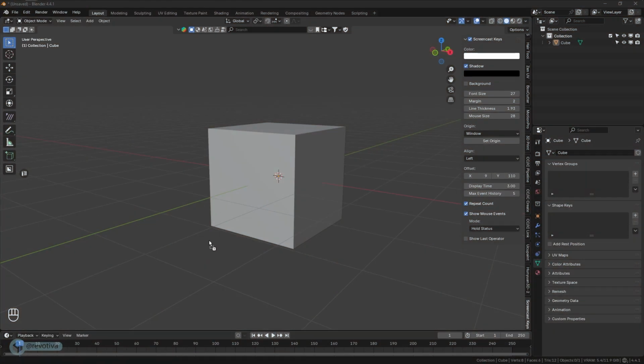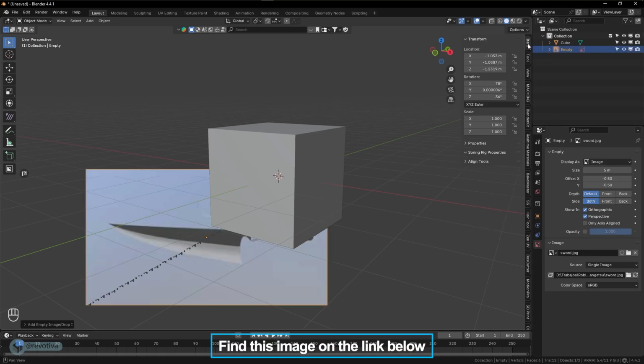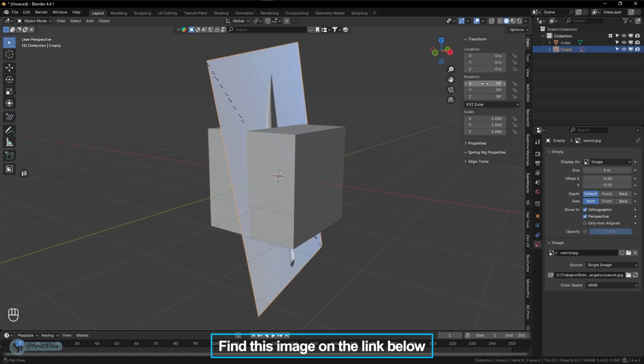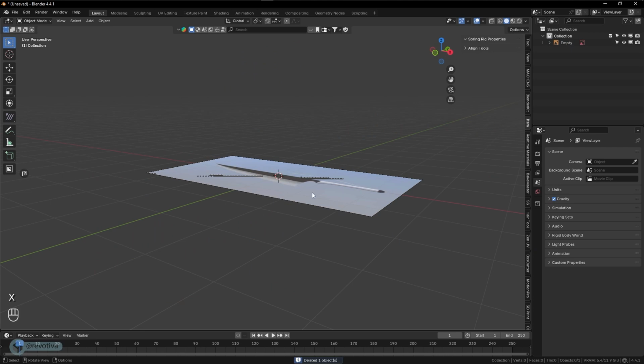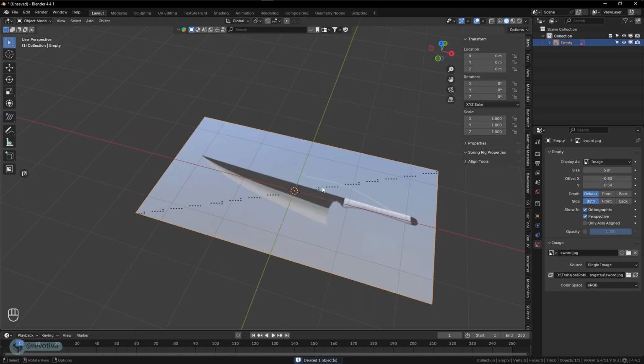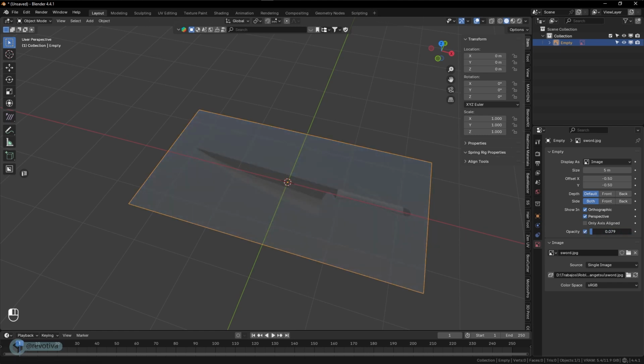So I will drag and drop this image in Blender. I go to the item and I will reset to 0 the location and rotation. I will delete the default cube. Then I will select the image and select the data in the properties panel. Then I will go to opacity and reduce it maybe to 0.18,